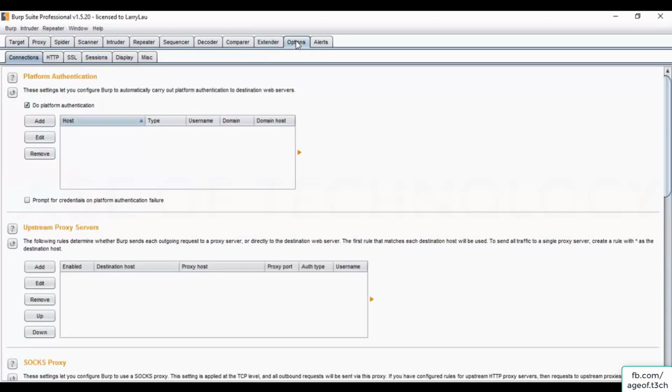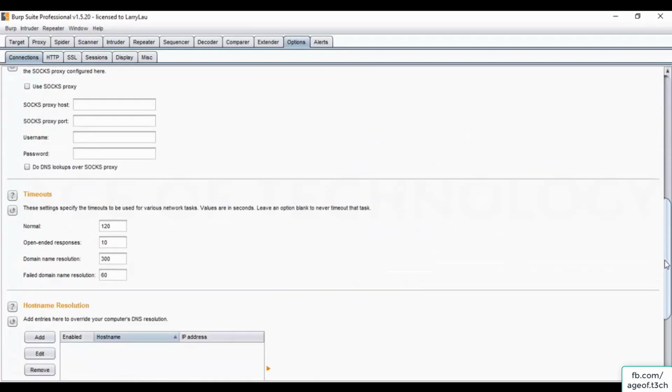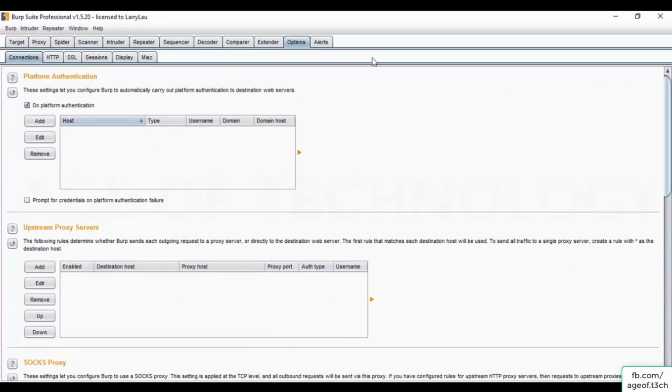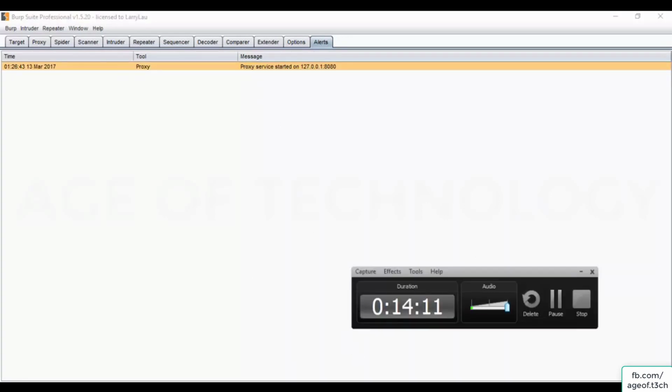So the extender will tell you. These are some other options. Like if you want to use some proxy servers, then you can use them in Burp Suite. SOCKS proxy, timeouts, hostname resolutions, and all, right? And these are the alerts. If you have any alert from that website, then you will find out the number of alerts here,